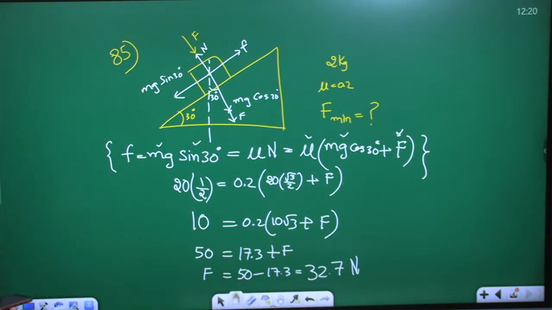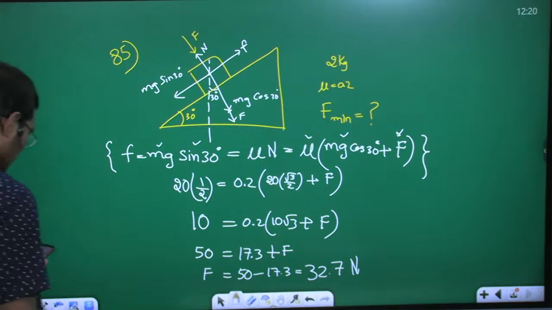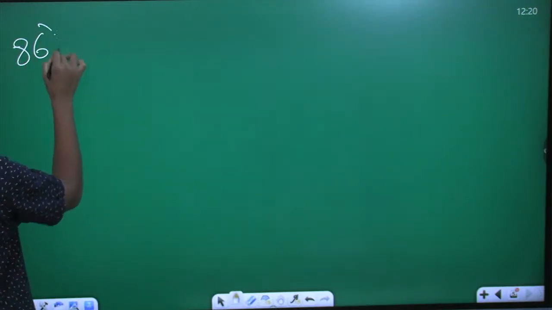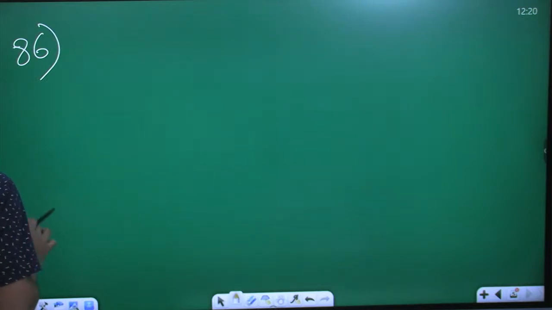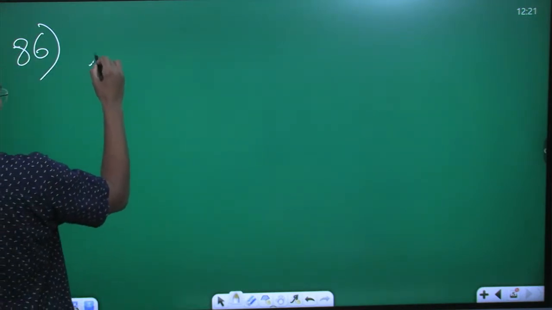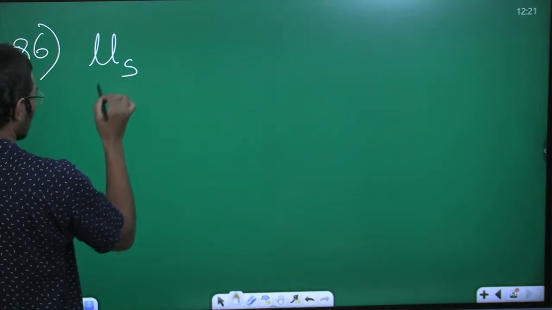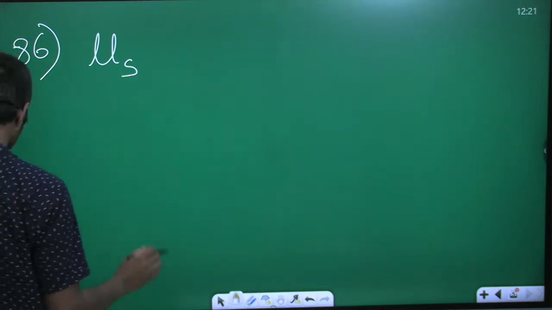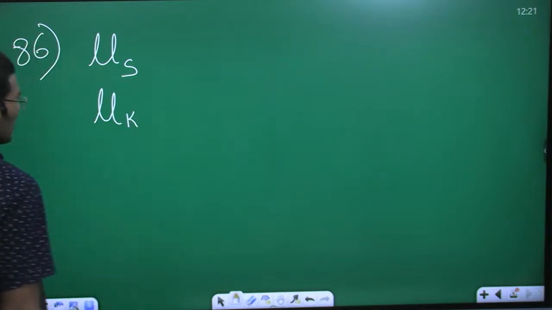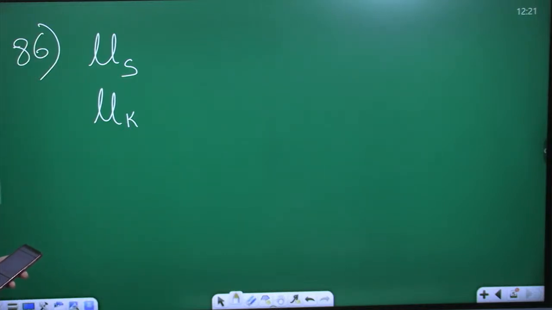So let's go to the next question. Even this question is from mechanics. It is question 86 in my paper. The question is, which of the following is true about the coefficient of static friction mu s and the coefficient of kinetic friction mu k? This is basically a theory question. So the options given are